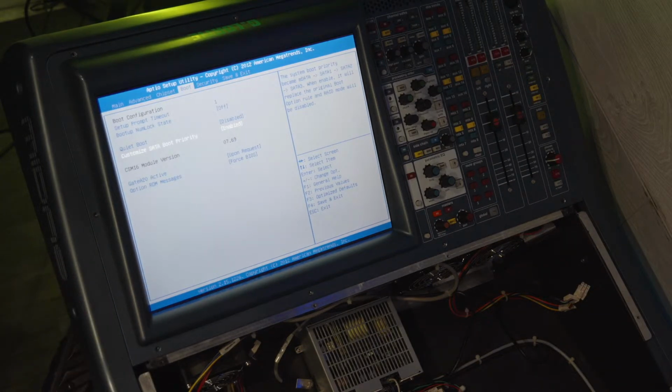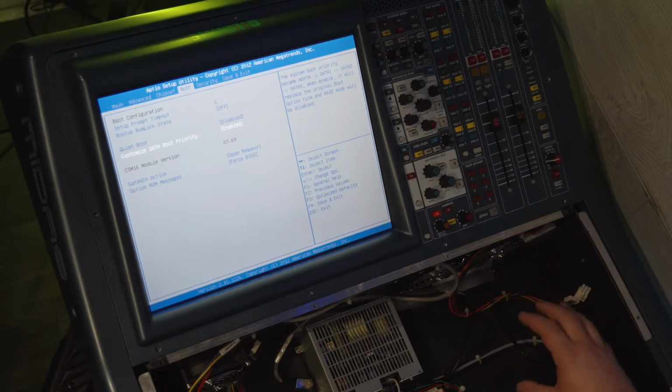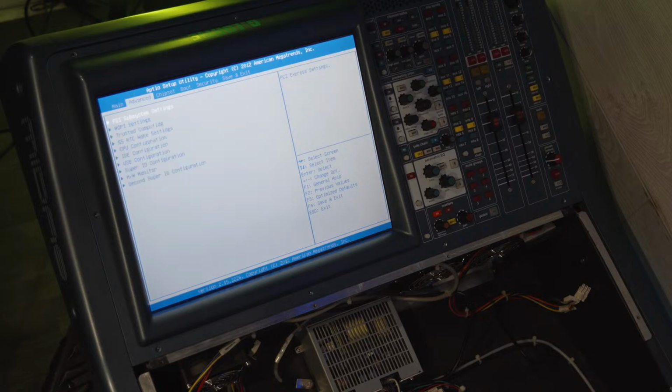I would not invest in a RAID card to put into this, but if I could get a USB hub and glue down a USB hub in here, it would be fun. But I have no idea. Let's now take a look at